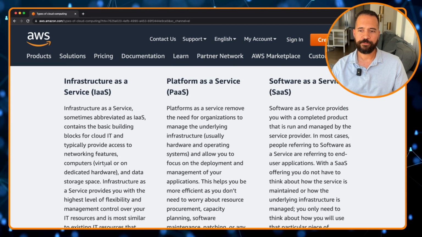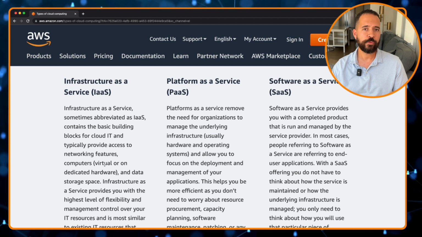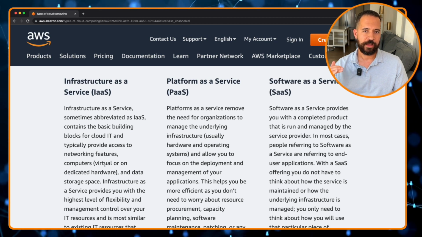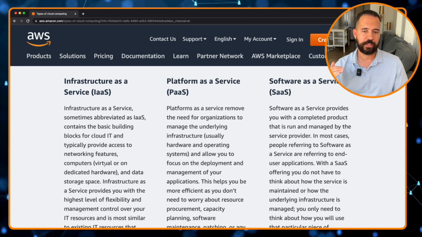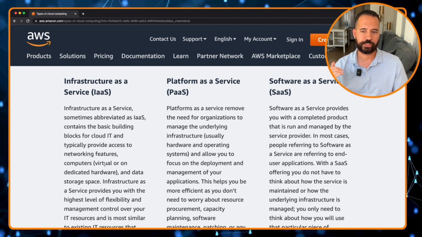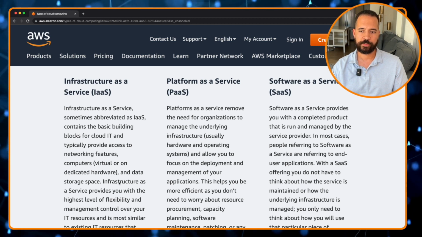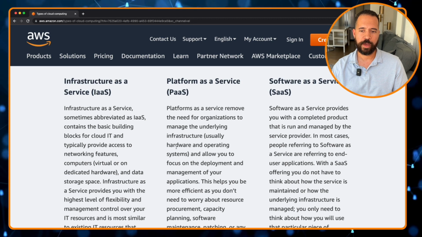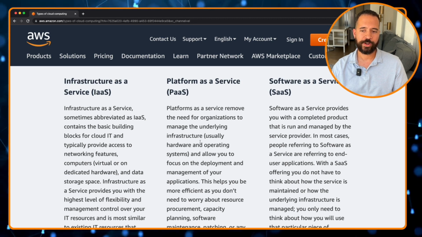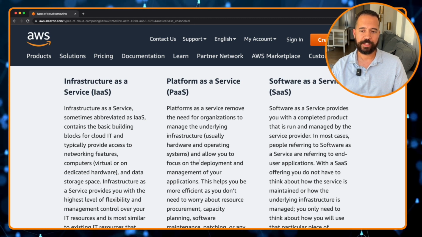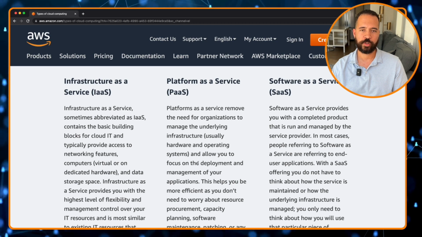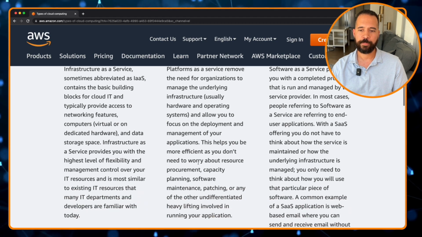Now, platform as a service removes some of the undifferentiated heavy lifting of infrastructure as a service. With a platform as a service, you don't have to worry about both the hardware and the operating system, and this allows you to purely focus on the deployment and management of the applications.